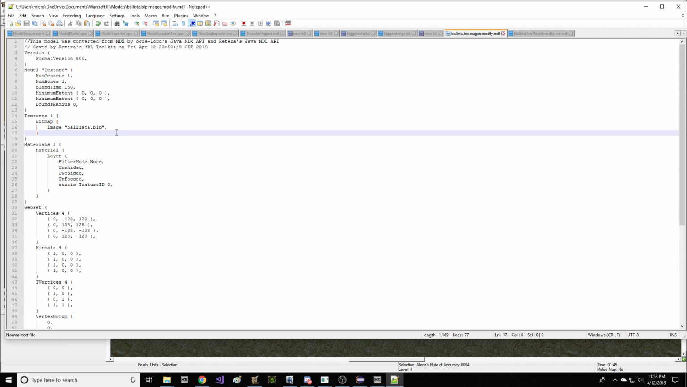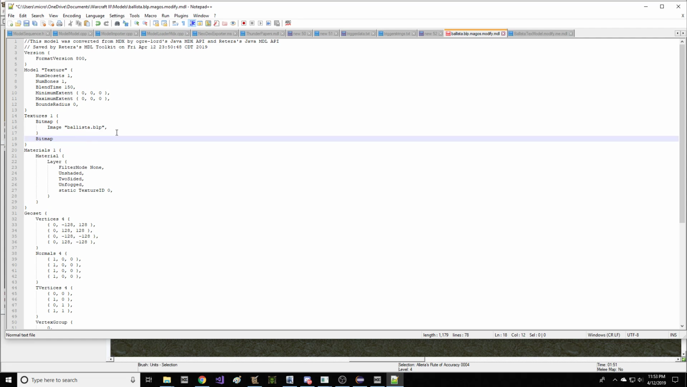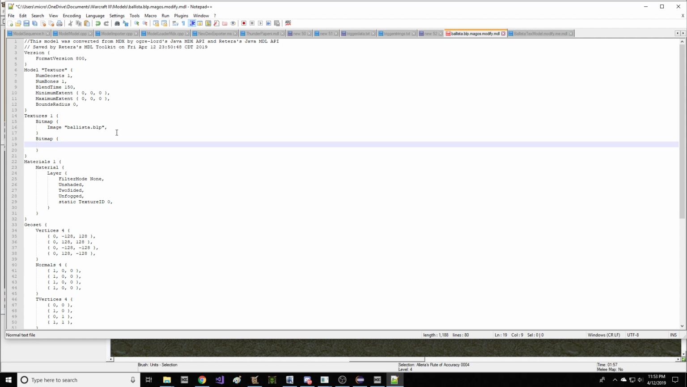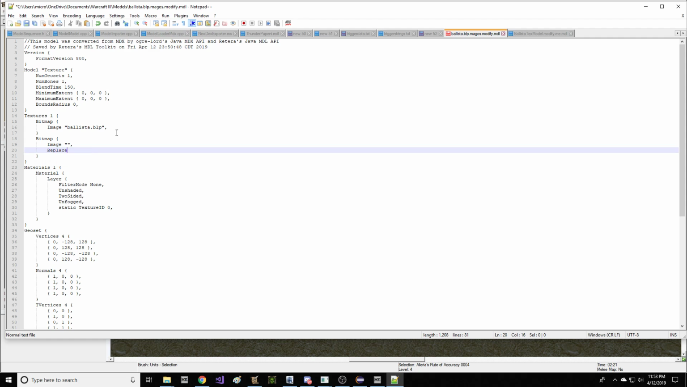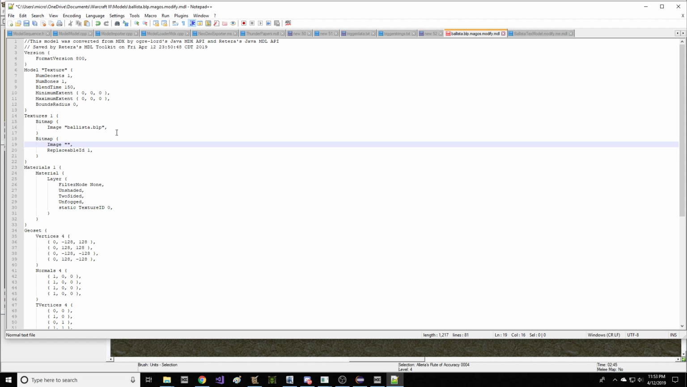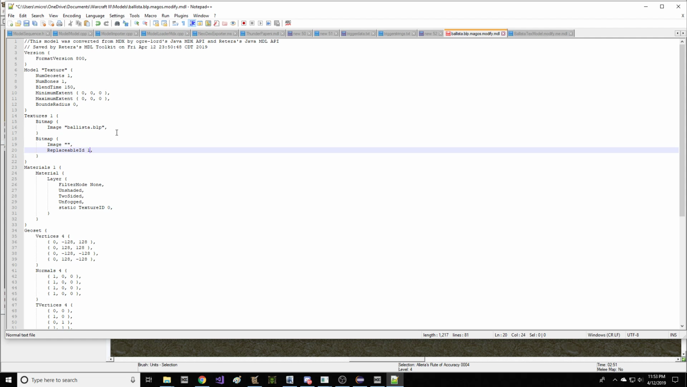So now that we have aside that that's ridiculous, the other thing you can do, right, is you can just code in the model here a second texture entry. This is how you do it. You just say no image, empty quote, and then below that give it replaceable ID 1. And replaceable ID 1 means load the image, instead of loading the image from a file, we're going to load the image from the game from a swapping replaceable image. So 1 is the